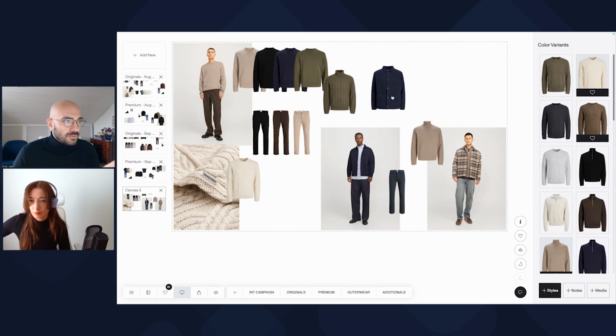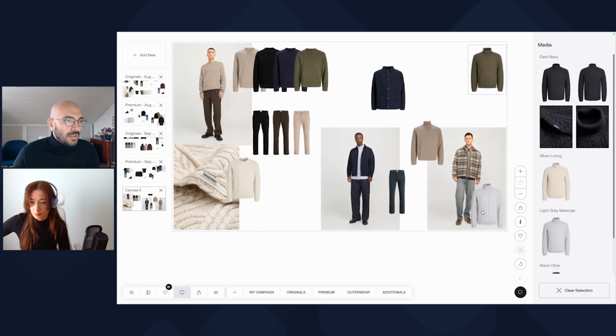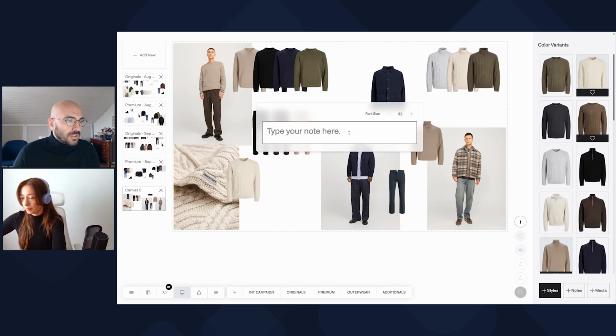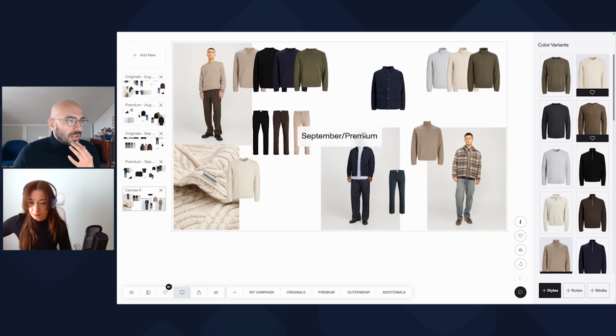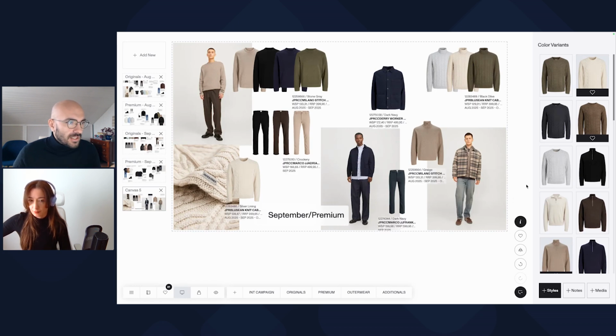And just like PowerPoint, drag and drop. If you want to remove something, you literally just drag and drop it outside of the canvas and it's removed. You can also add notes. I think this canvas is made for the premium styles that we selected for September. And that's less than a minute, one push of a button, and with the info button there, you also get the text below. What's really cool now is that all of this work that Özlem created in less than a minute